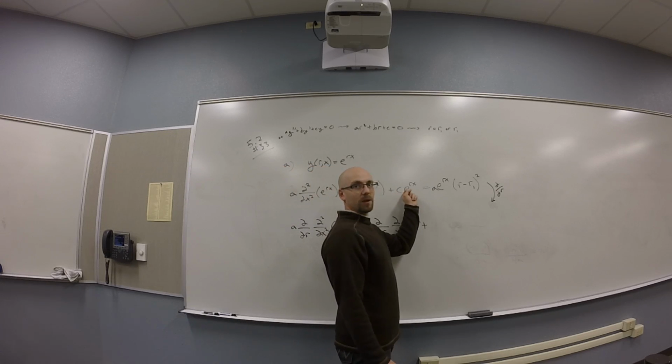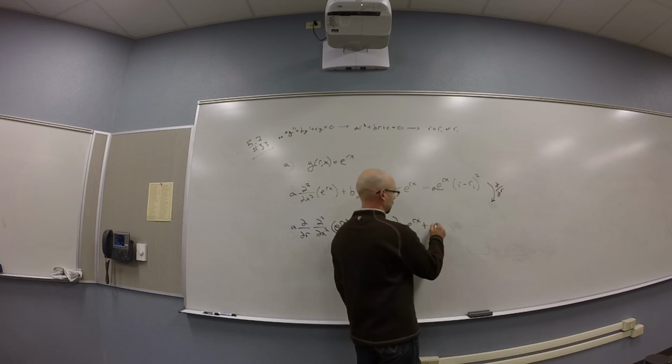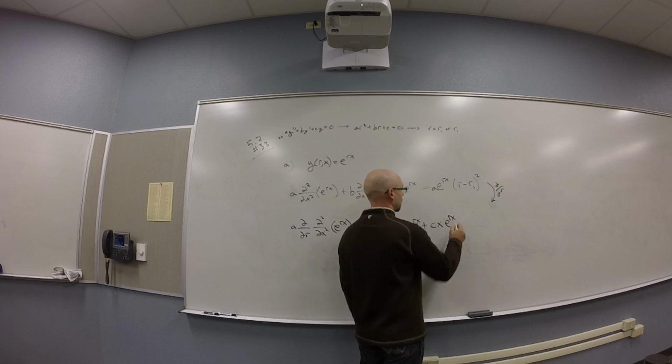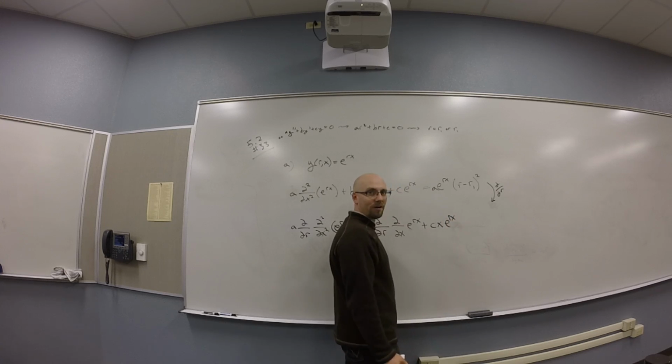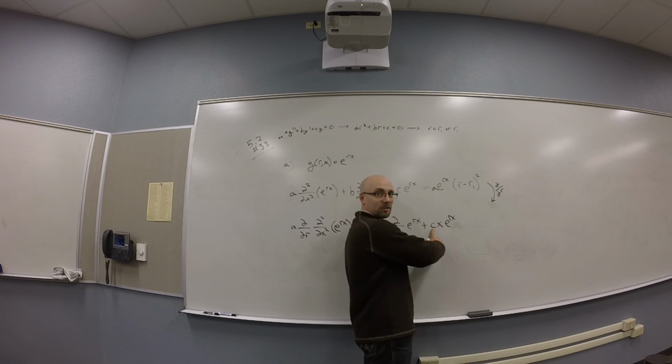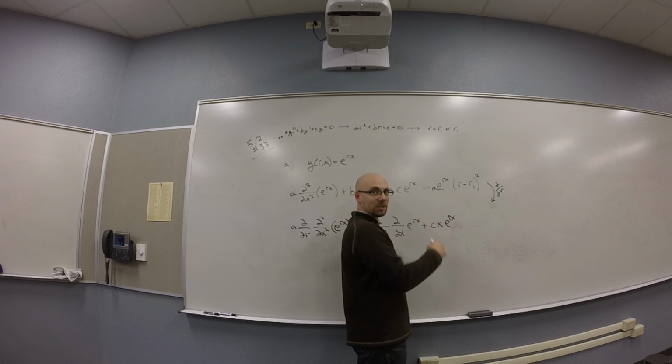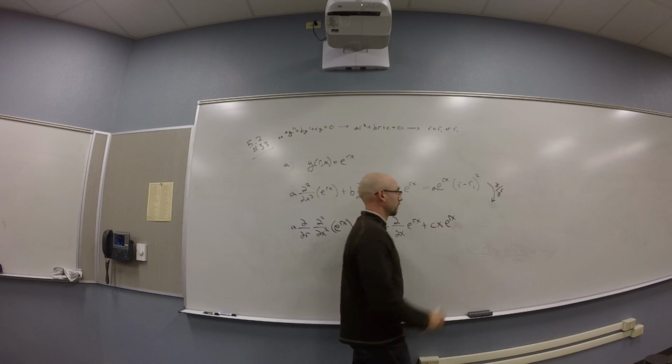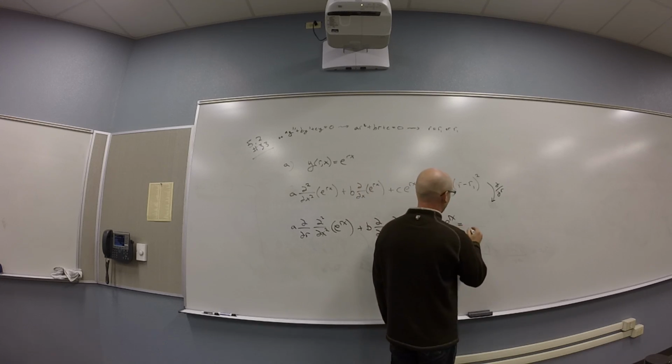So if you're hitting this with a partial with respect to r, what do you get? c x e to the rx. Wait, we're differentiating with respect to r, right? Not x. Yep. So I got the constant, x, and then I got e to the stuff, and then the derivative with respect to r of the stuff. And then on the other side, I got a,